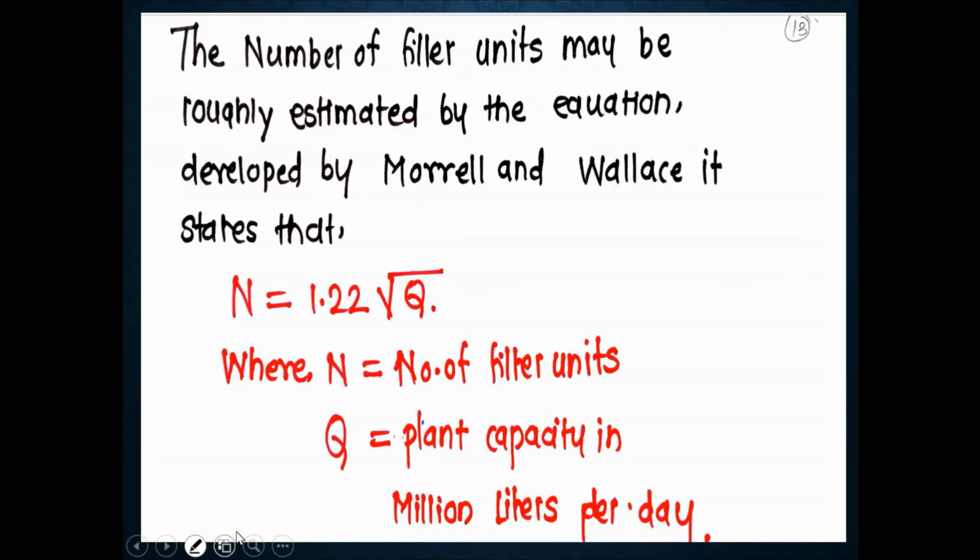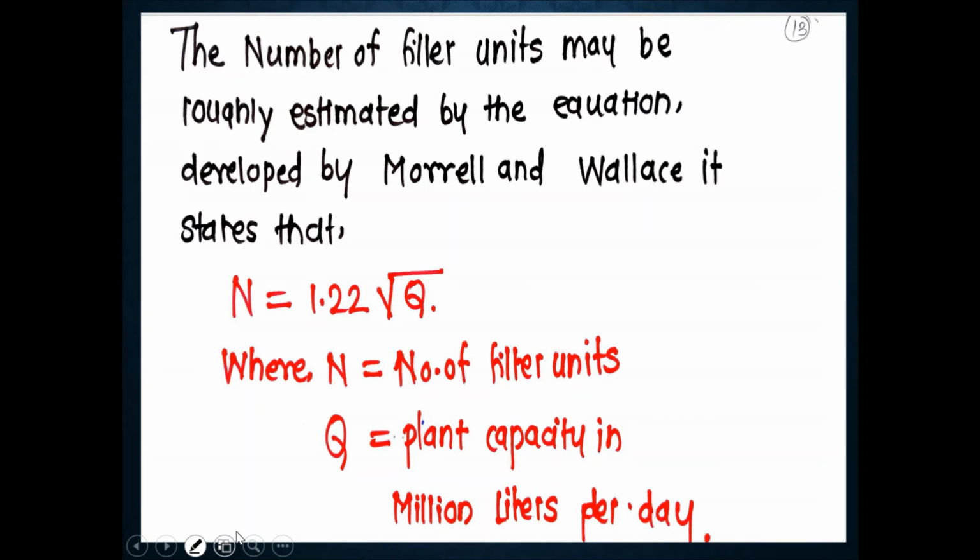There is one formula. Always in the slow sand filter design example we have seen that we designed 6 slow sand filter beds. I think in the previous session we discussed, directly they mentioned to design 7 slow sand filter beds, out of which 1 is kept as a standby. But every time these things are not given, then there is an approximate, rough formula in order to estimate the number of filter units,